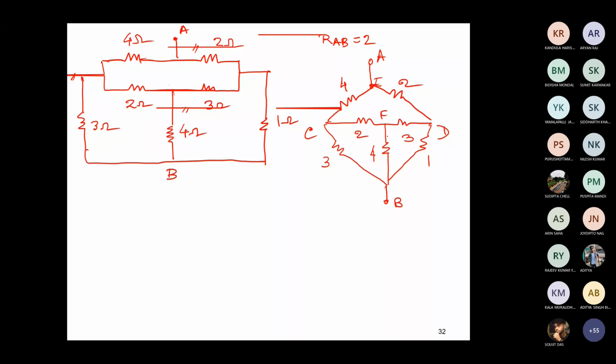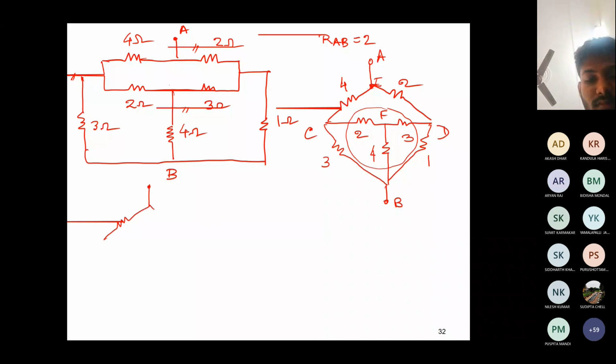But here one more thing will be there, that again we can reduce to star. So two times we have to convert. We cannot do it in a single step, right? So first we have to convert the inner one, this one, from star to delta. Then your circuit will be reduced to, this is 4,